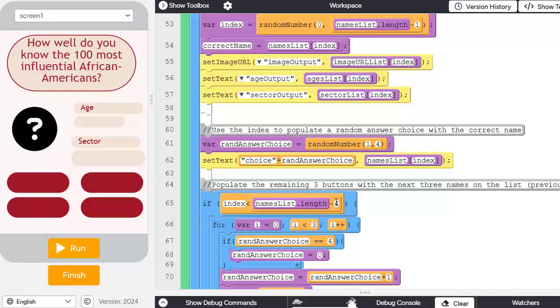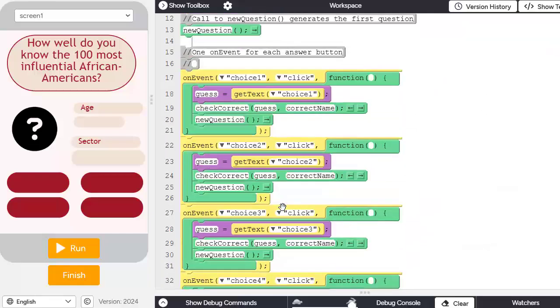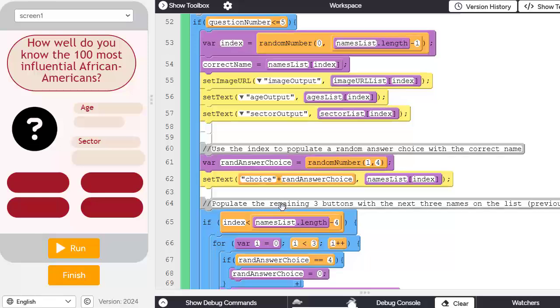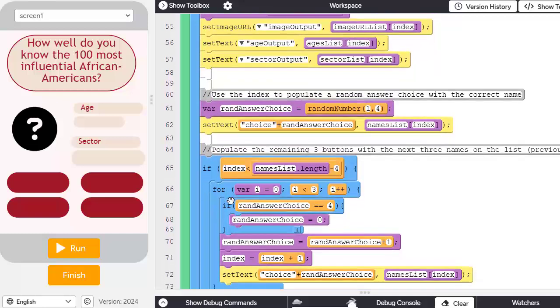So it's 100 minus 4 is 96. It's making sure the index is less than 96. If the index is less than 96,